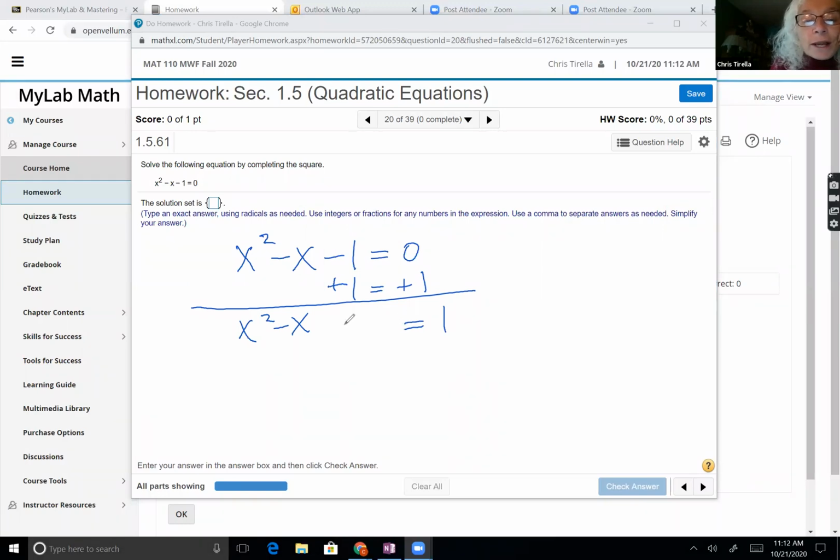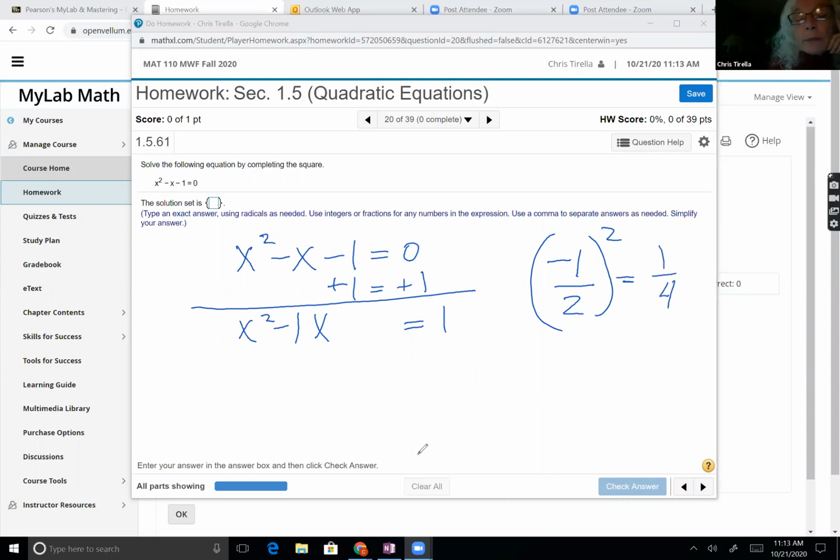In order to decide what that thing is, remember we looked at this coefficient. Give me a second, I'm going to erase that and try to make it look better, put a little bit of space. This coefficient is -1. We said we were going to take that coefficient, divide it by 2, and square it. I'm thinking the problem is that it's unsettling when that gives you a fraction. That gives me the fraction 1/4. So I'm going to add 1/4 to both sides.